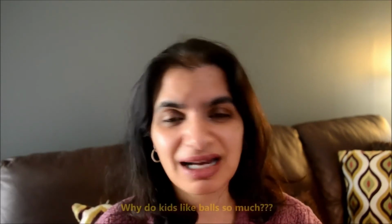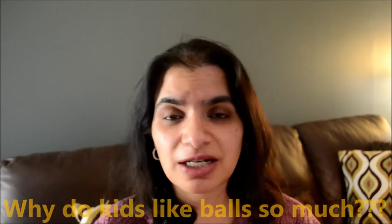Now, what I found also helps is to incorporate learning while playing. So we have blocks like these, and we have a lot of balls. I don't know why kids are fascinated about balls, but we have lots of balls. And what we try to do is games where, if you find A for apple or B for ball, we're gonna give you